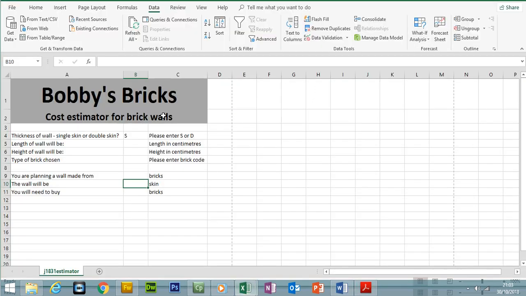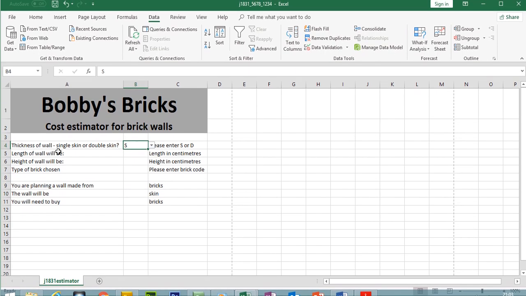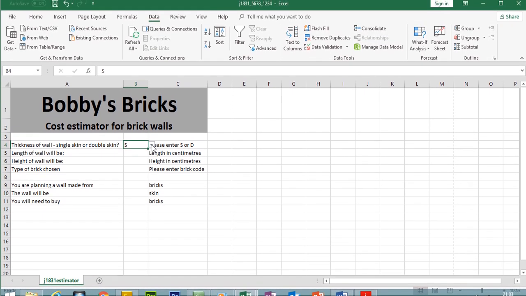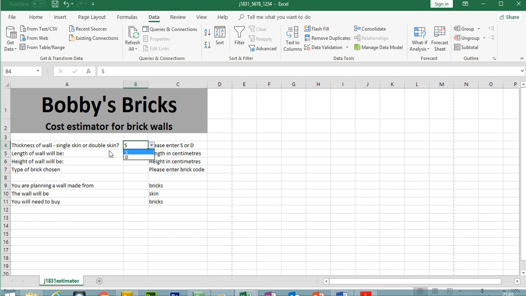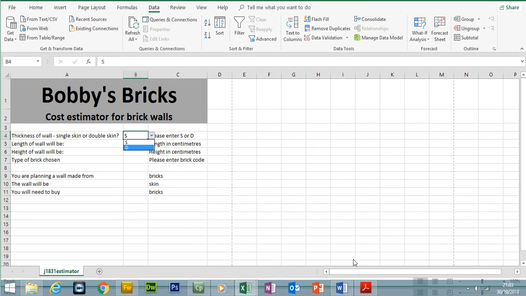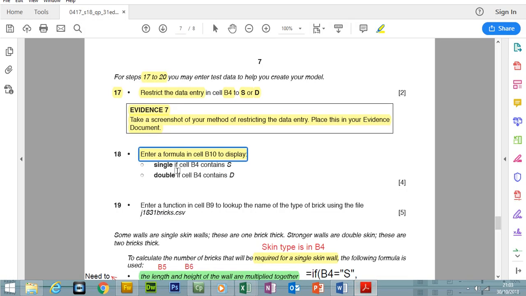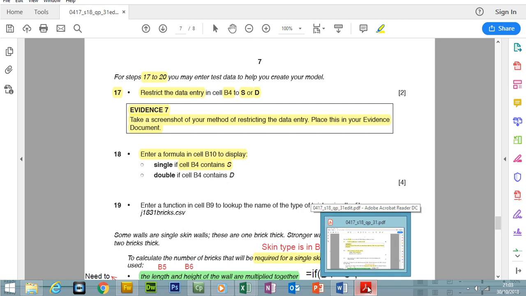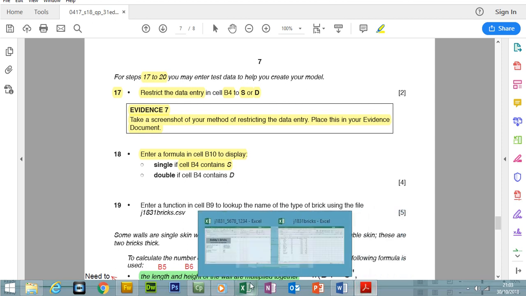So B4 has to have a value. So B4, remember, was the thickness of the wall, single skin or double skin. So S obviously stands for single and D will stand for double. So what the question is basically saying, if the cell B4 contains S, then we're going to show single. That's going to be the true statement. Okay. So if the cell does not contain S, then it's going to contain the false value double. So this will be an IF statement. We're basically checking for a condition. So the condition is